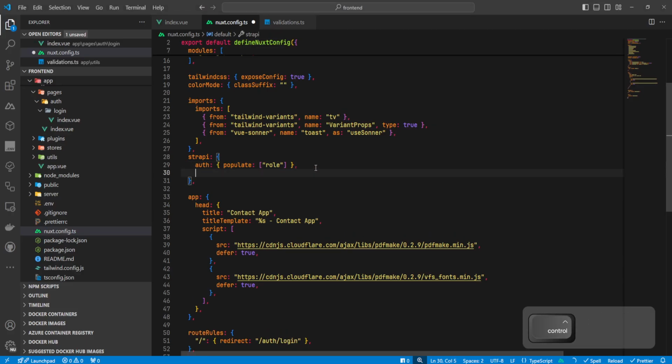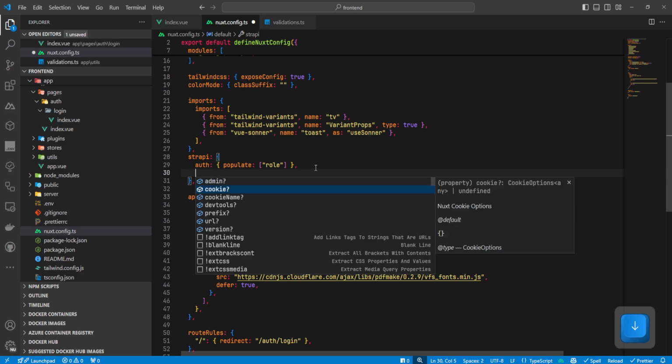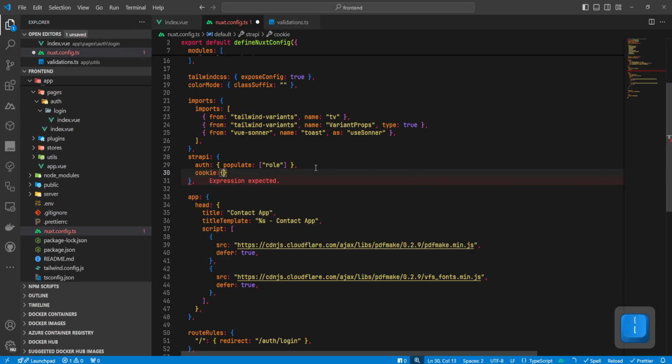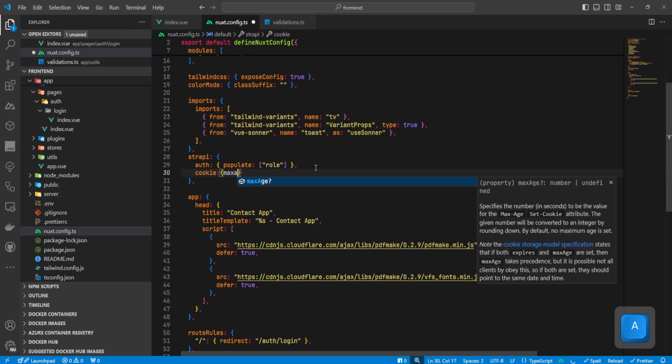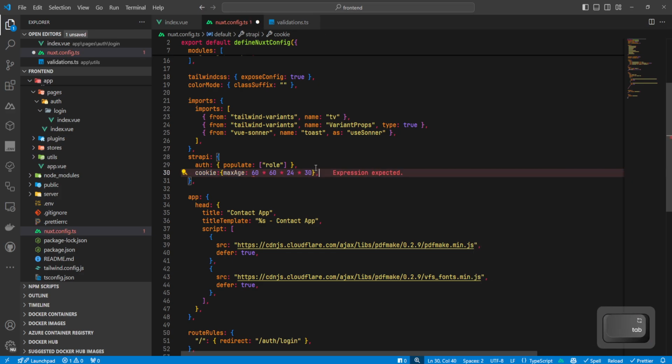Let's see, what else do I want to configure? I want to configure the URL. We're setting that via the environment variable. We want to configure the cookie options, right? And I usually just change the max age here, and I want this to match whatever max age is on my Strapi backend. So let's say I want the cookie for the signed-in user to be valid for 20 days. I can go ahead and save that, but I will also need to make the changes